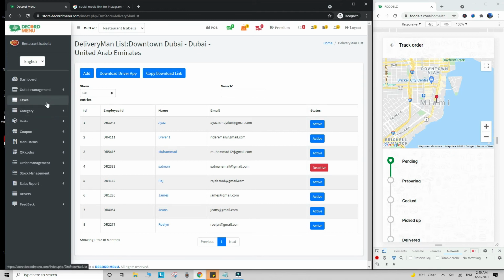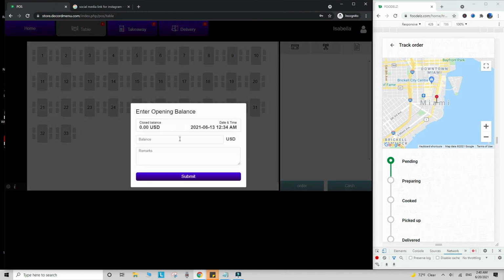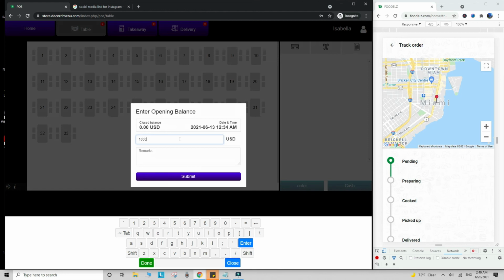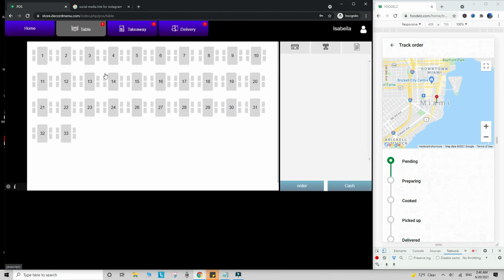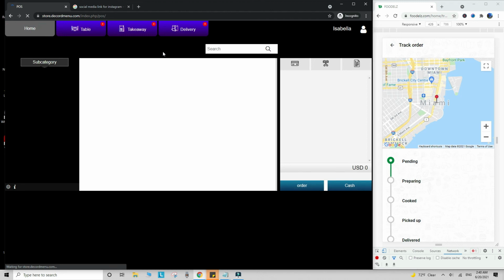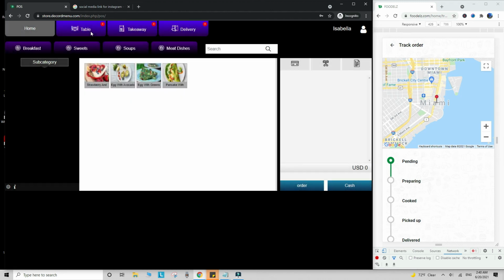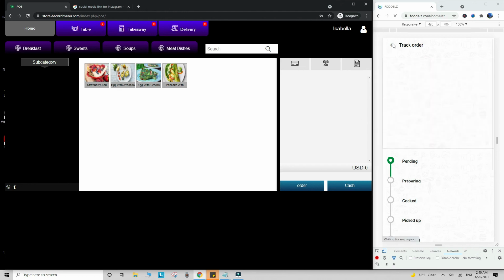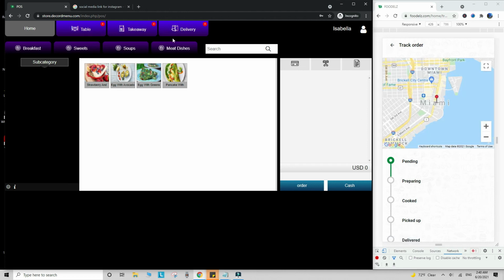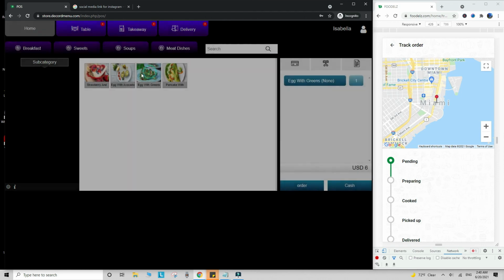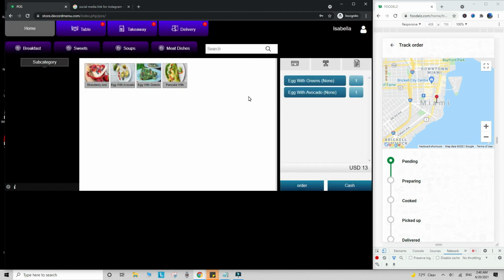There are lots of features other than this which are here. There is an integrated POS system also. So the good thing about this POS system is in this POS system, your waiters can also punch the orders and customer can also place the orders, all types of orders like dine-in, takeaway, and delivery orders. So whenever customer will scan the QR code or access the menu link, the order will be placed, and waiters can also punch their orders in the same POS system.